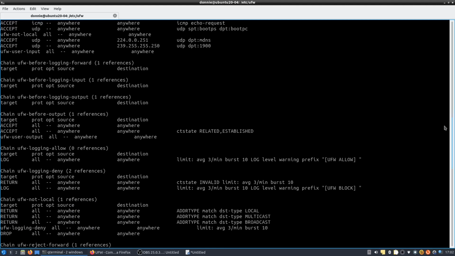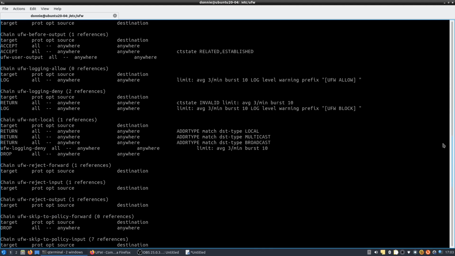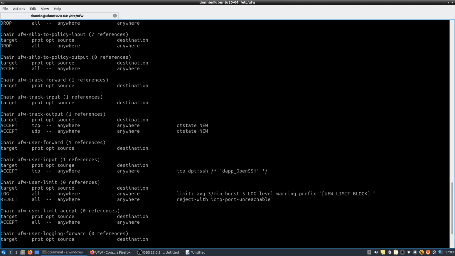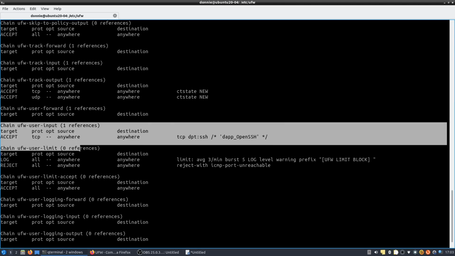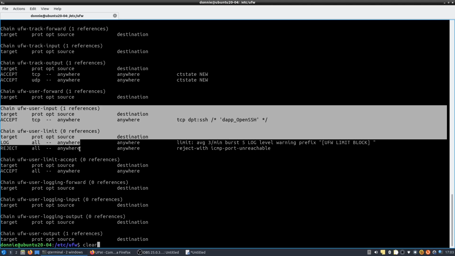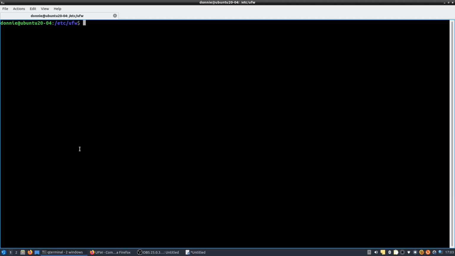And let's see where our OpenSSH is here. There we go, right there. So this is, oopsie, there we go. That is our OpenSSH rule right there that I just added. All good, right? Now, as I said, this is Ubuntu